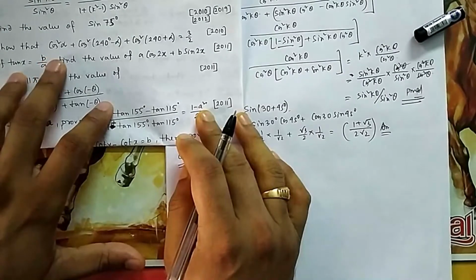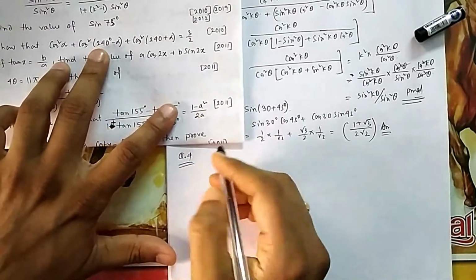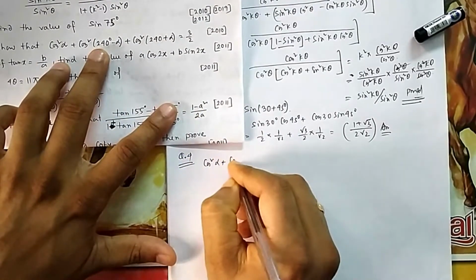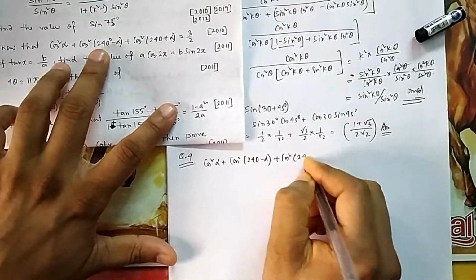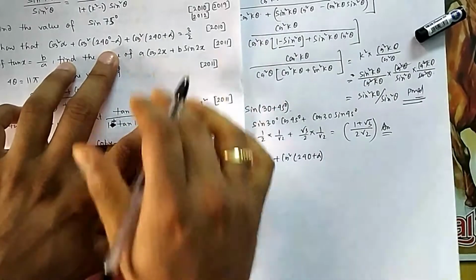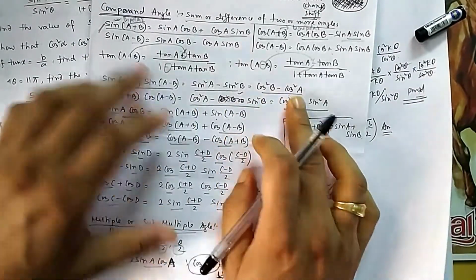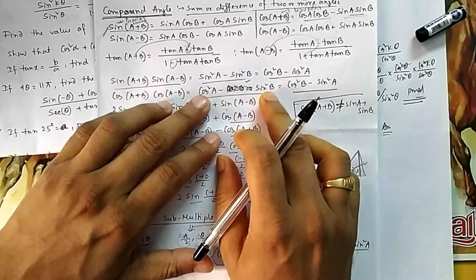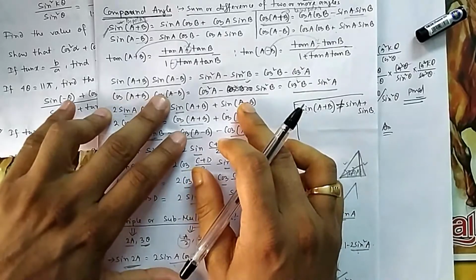Now you have to show that cos square alpha plus cos square this one. For squares, you know there is a formula. What was the formula? Cos square alpha plus cos square 240 minus alpha plus cos square 240 plus alpha. So this is your LHS. If you can see your formula chart with cos square, because cos square b minus cos square a is a formula if there is a minus, but there is no minus. So one thing you can go with is cos square a minus sin square b. This one you can go, or this one, whatever. Both give the same answer. Both you can think of as a, b. So one is cos a plus b, one is cos a minus b.